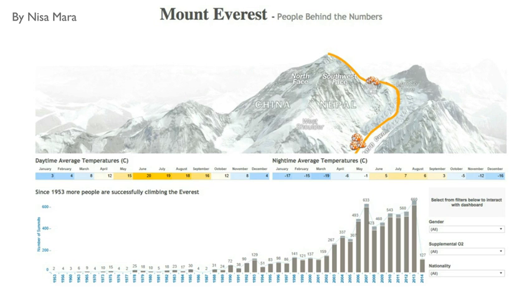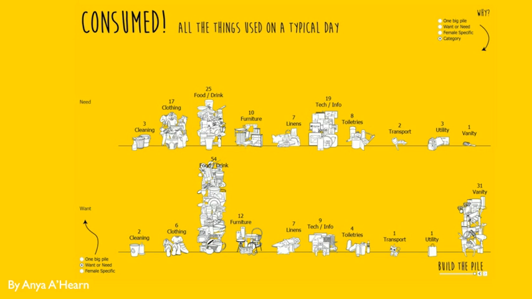This next one I absolutely love. It's one of my favorites of all time, and it's created by Anya Aturn. Now, Anya runs datablick.com, and she's also a good friend of mine. She's down in San Francisco in the Bay Area, and Anya is such a creative person. What she did is she said to herself, and this is actually inspired, as I understand it, from chatting with her, from a speech by Jimmy Carter called, I believe, Consumptive Malaise. But her idea was to say, what are all the products I consume in a day?